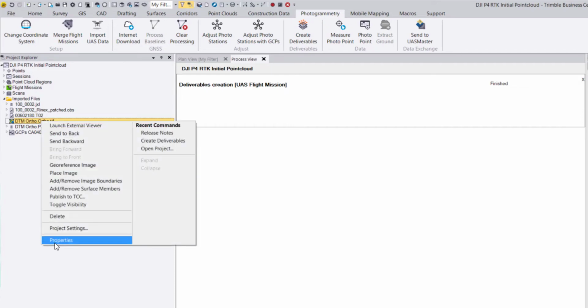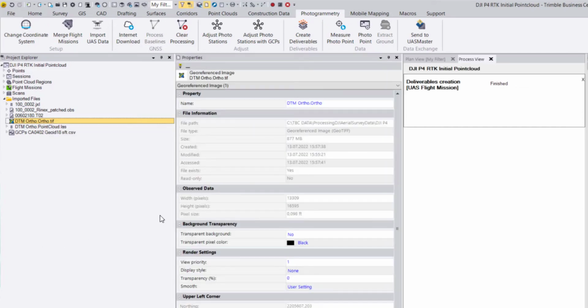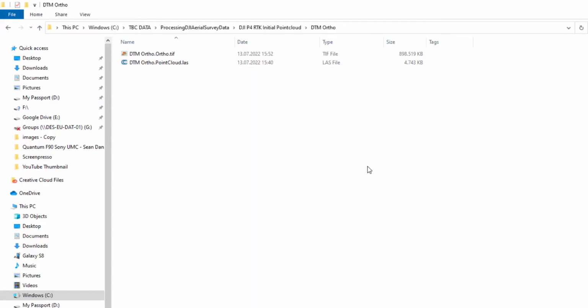auto.pointcloud.las. When we take the properties, we can see our pixel size that was chosen from the resolution, the pixel width and height, so there we can see how large it is. Also the megabytes, so 877 megabyte of size. Georeferencing is geotiff, so that means if we go to our project folder, then we can see exactly this Orthophoto